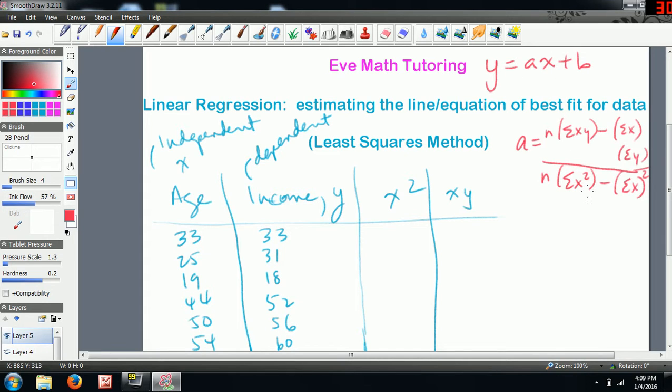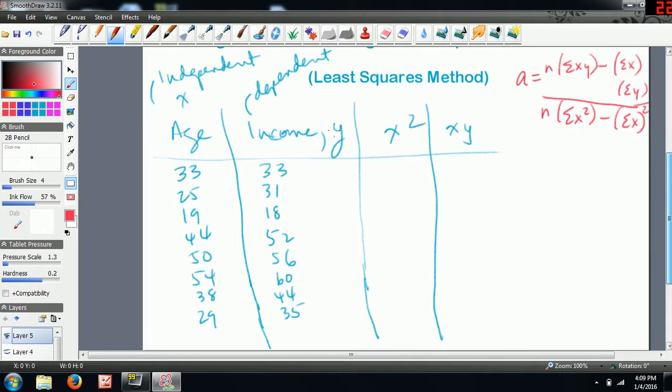So we've got y, we've got a, and we know that b is equal to y bar minus a x bar, where y bar is the average, so mean of y, and x bar is the average or mean of x, okay? So we've got those. So what we're going to do now is go ahead and figure out all our x